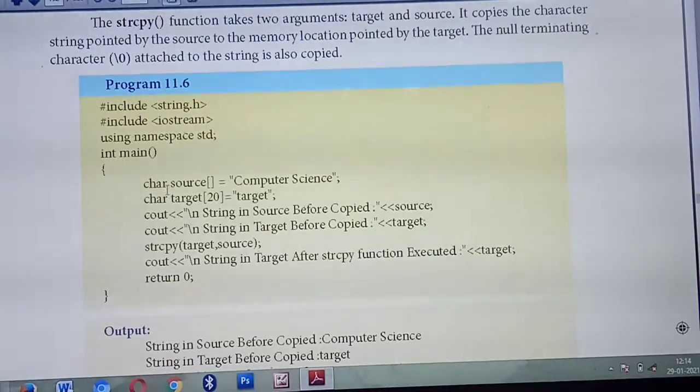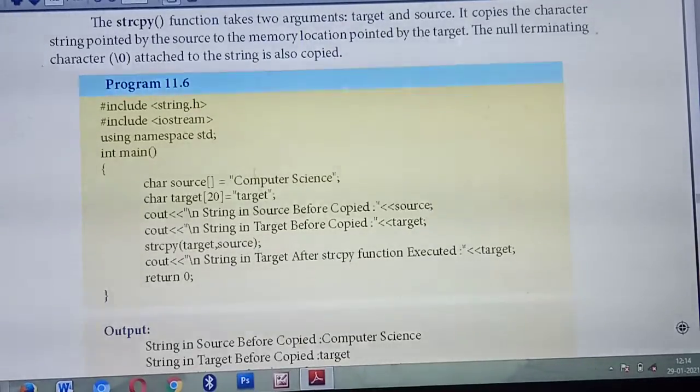Okay. So a string is of which data type? Character. So character first, you are giving. How many arguments are there in this function? 2. What are they? Source as well as target. Okay. Character source: you are going to store the word or string, whatever you enter, in this array. What's the name of the array? Source. Understood? In the source, which input are we entering? A word called computer science.